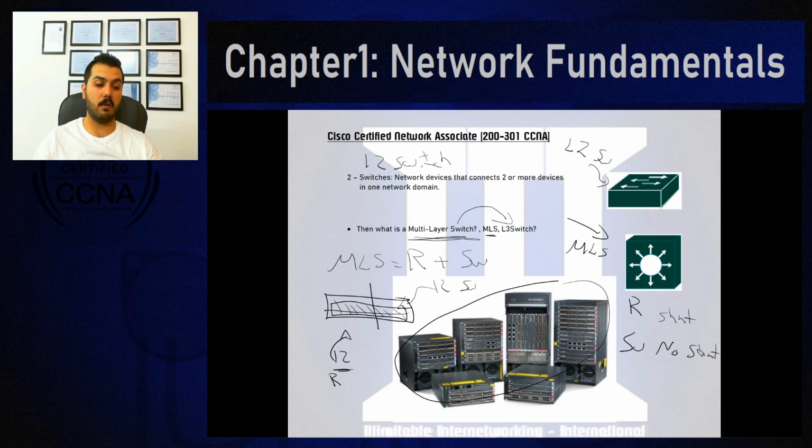What I mean is, if you have a router and a switch out of the box, new devices, and all you have done is power them on and plug a computer cable into the router and into the switch, the switch will detect this computer, the router will not, because routers out of the box have all their ports shut down. You have to unshut the ports by yourself, while switches have all the ports functioning properly once you power up the device. This is another big difference between routers and switches.